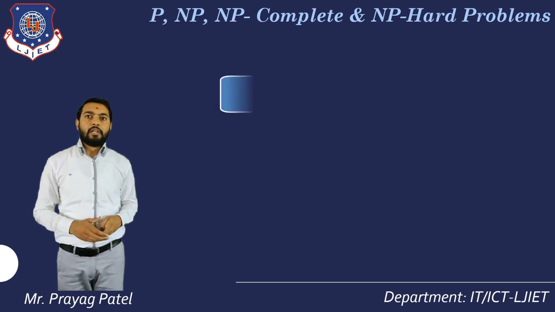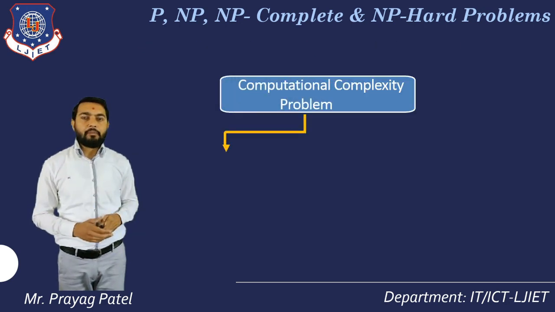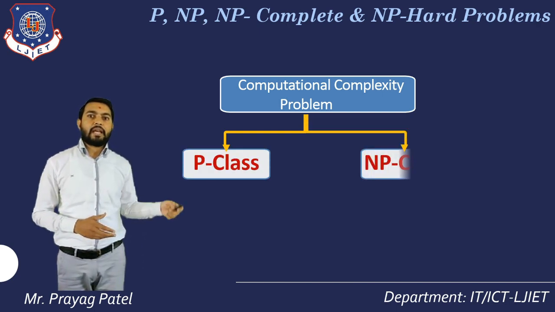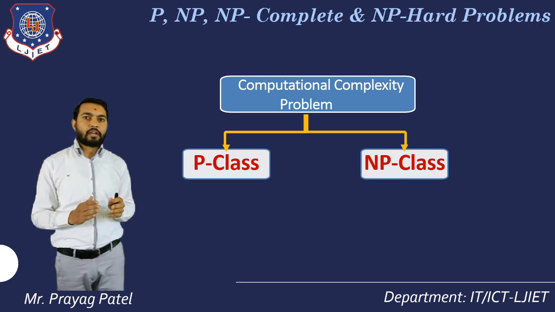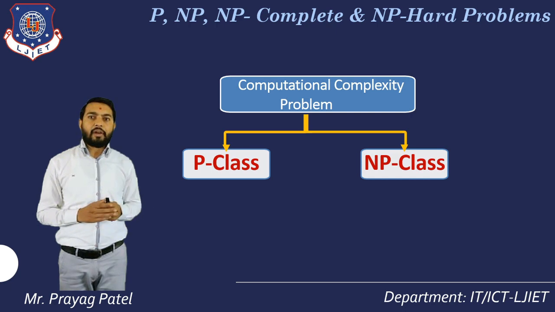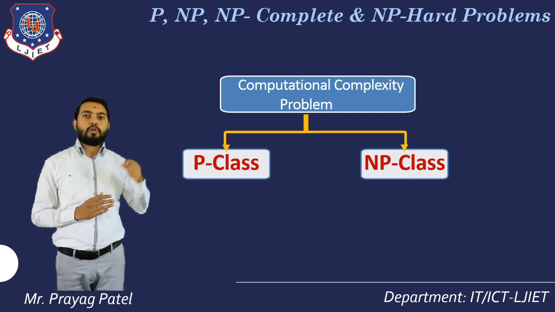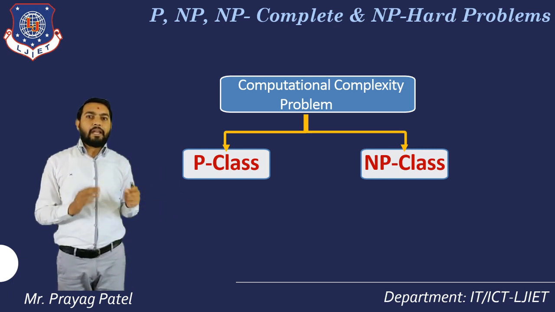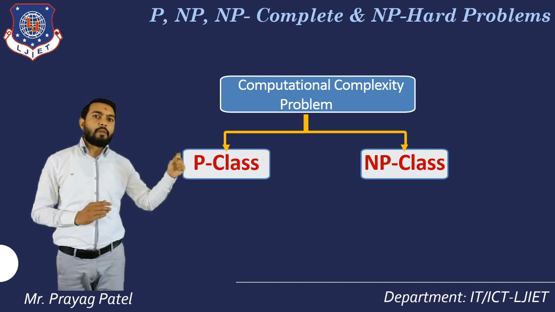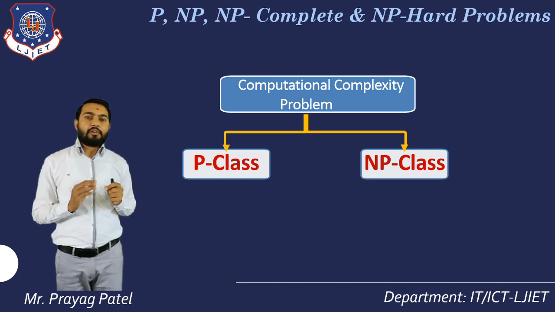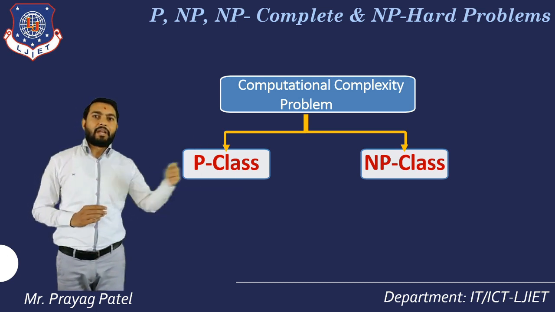Now after that, we can say that any problem can be defined into two classes. First is the P class, second is the NP class. We already understood so many problems like all the sorting problems, all the divide and conquer algorithms, all the greedy problems, all the dynamic problems. Each and every problem can be classified in these two ways. Some problems are considered P problems, some are considered NP problems. So computational complexity problems can be divided into two parts, P class problems and NP class problems.